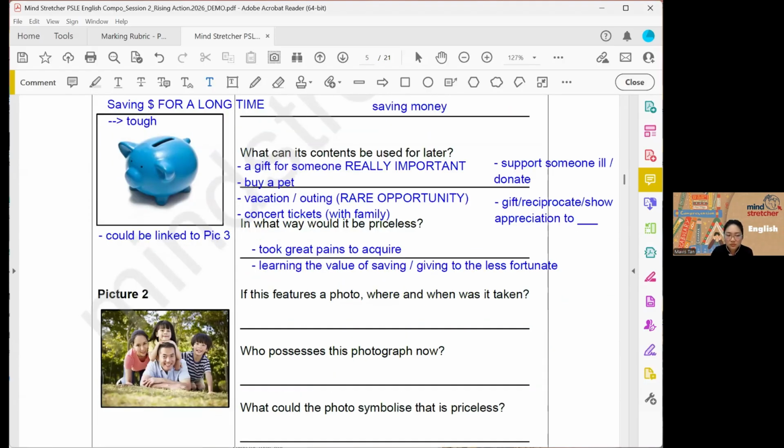Picture two, straight away, this family. Okay. This is a family. Where and when was this taken? If you've printed it, it'll be black and white, so you have the colored version here. Okay, so you see a lot of greenery in the background. Where and when was this taken? At